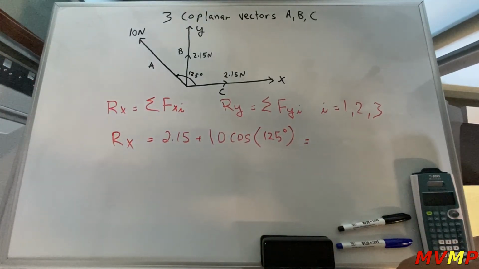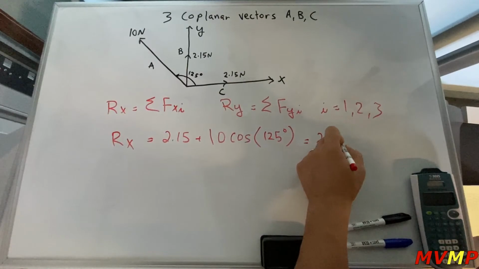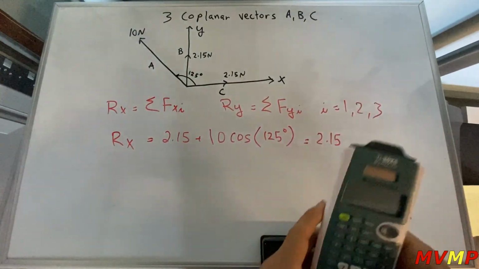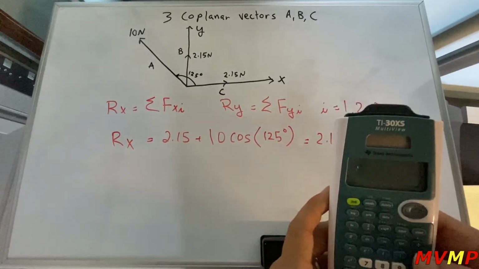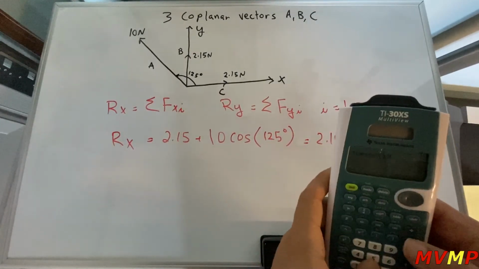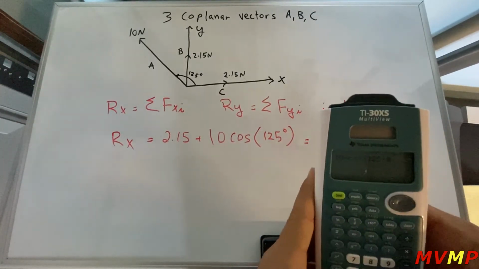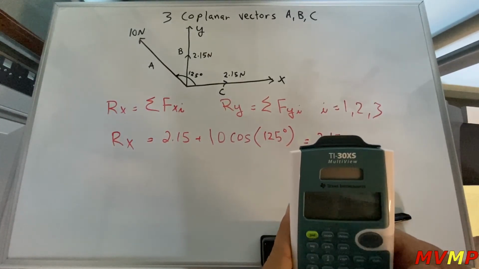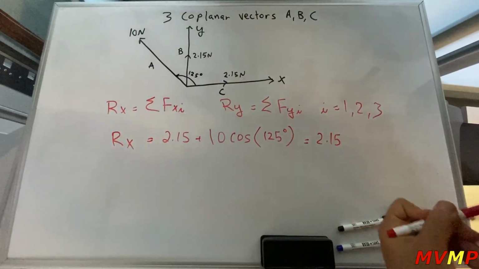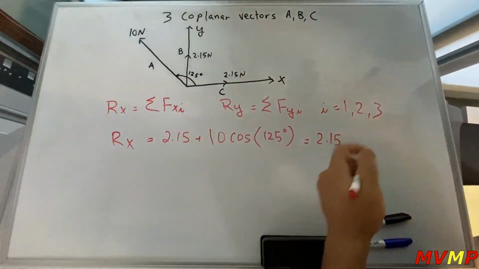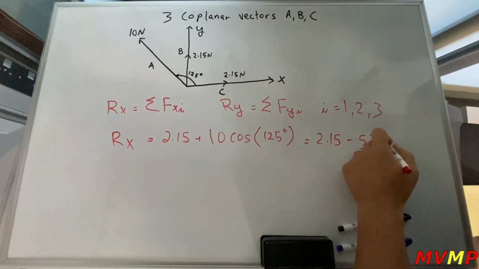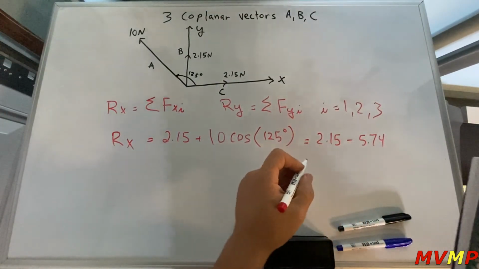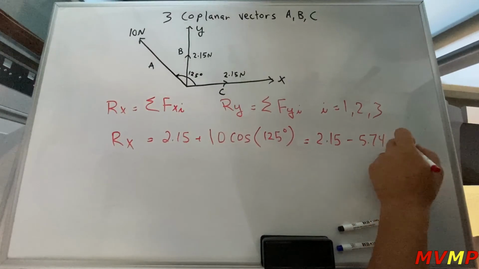So doing that, we know it's 2.15. We go ahead and use our trusty calculator to multiply 10 times cosine 125. Make sure you're in degrees. We get negative 5.74. We go ahead and do this, and we get negative 3.59